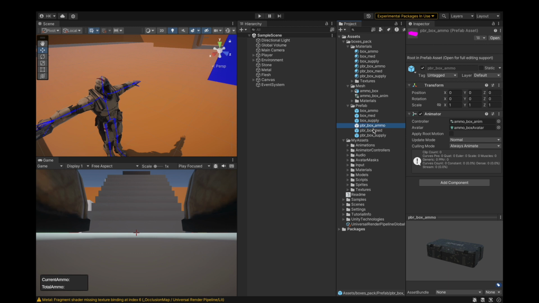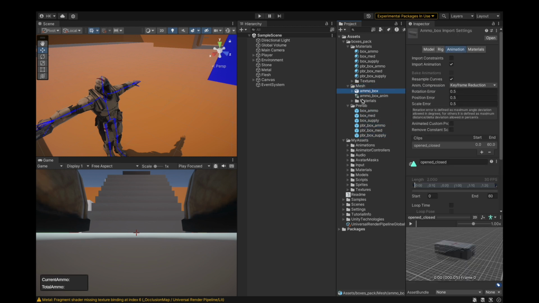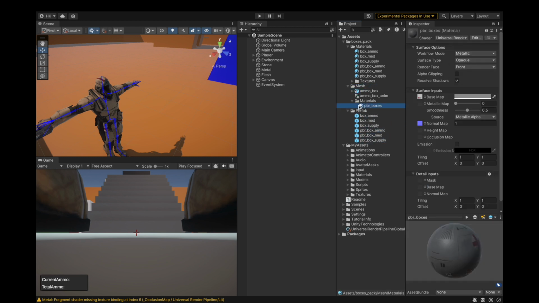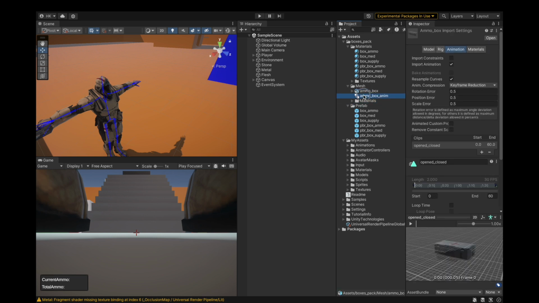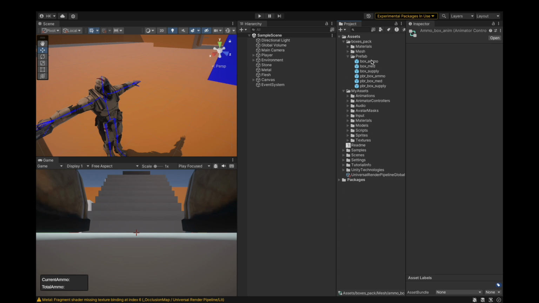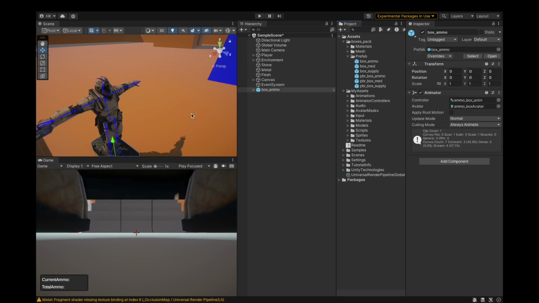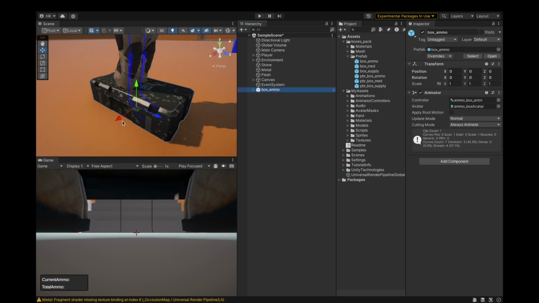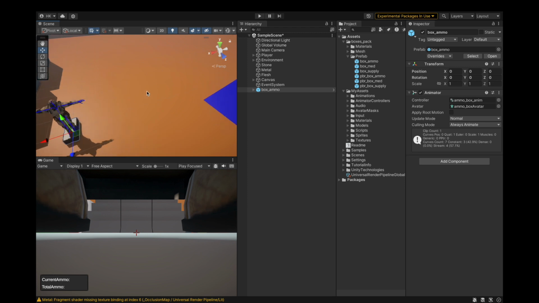See all of these different types of boxes, so that's really what we needed. We will be using the box ammo only for now. We will be using the box medical later as a health plus, and that's all. So we'll start by dragging the box ammo prefab into the scene